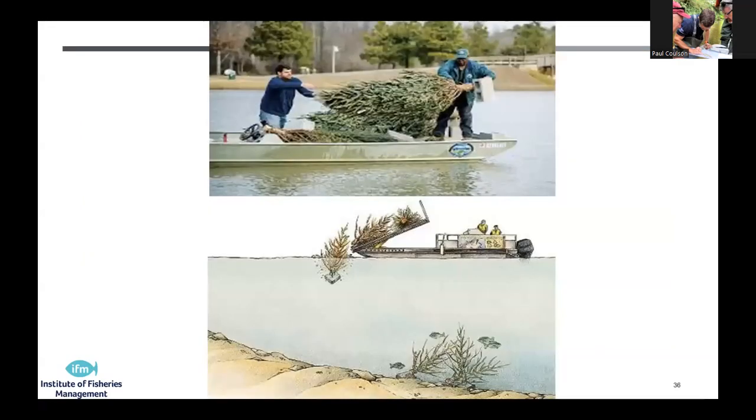This time of year, we've all got Christmas trees, or if we haven't already got rid of them in our brown bins, or put them back in their boxes and took the lights off and the plastic ones and put them back in the cupboard till next year. But this is something that we've done in some still waters, and we've certainly used Christmas trees in rivers in the past for securing and stabilizing banks as well.